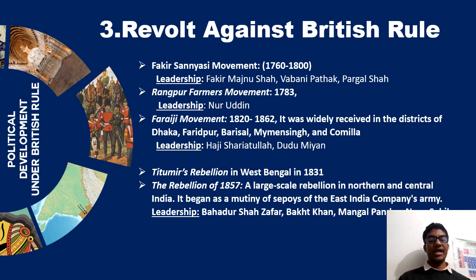The rebellion of 1857, more commonly known as the Sepoy Mutiny of 1857, was led by Bahadur Shah Zafar, Mangal Pandey, and so on. It was mainly caused by poor terms of service and pensions, bad pay scales, lack of promotions in the army, and cultural and racial discrimination by the British. The Sepoy Mutiny of 1857 was the first war of independence against the British rule.